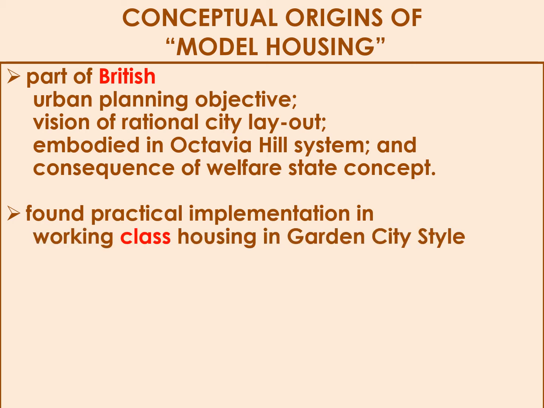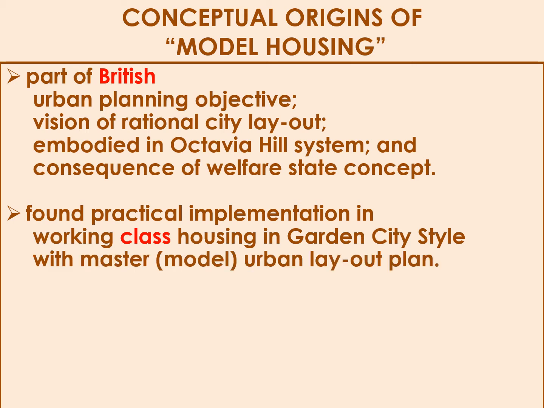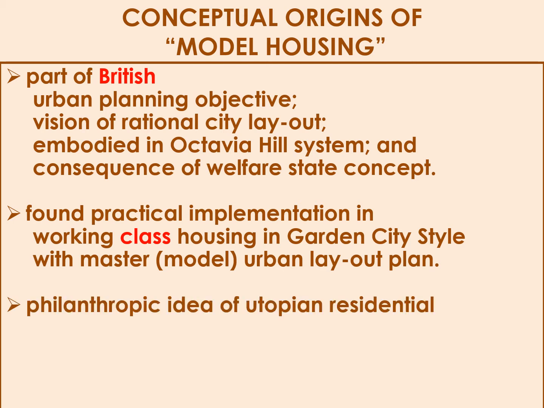The latter architectural movement promoted an urban layout plan, design and buildings according to a master plan where residents were surrounded by green belts with sufficient space for houses, industries and agriculture. The origin of this style or movement can be found in several 19th century philanthropic schools of thought that proposed the development of utopian residential areas for factory workers to combat the squalor brought on by rapid industrialization.